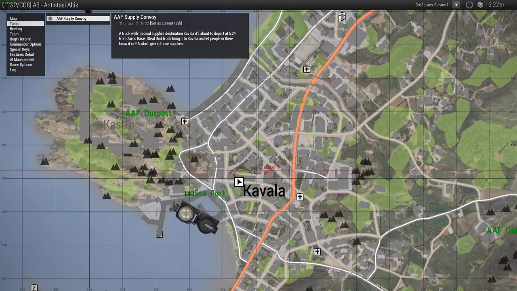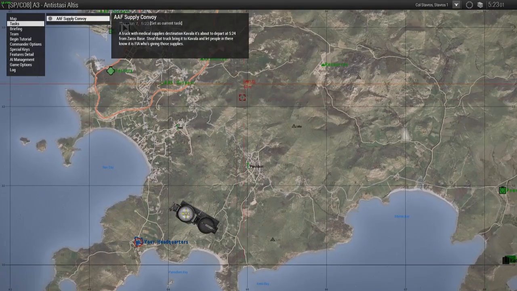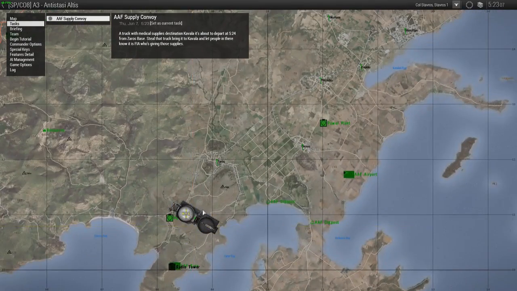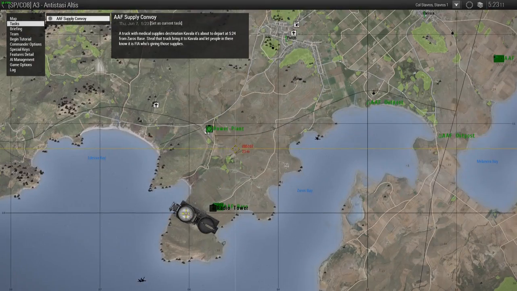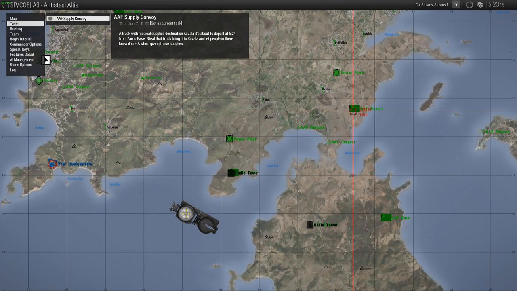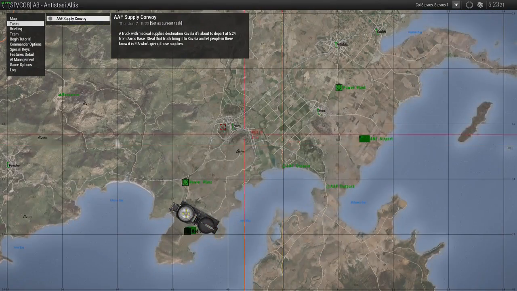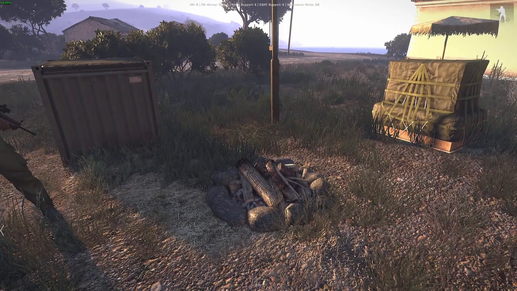Oh, it must be here. No, that's where it's heading. It's heading there. But I'm not quite sure where zero space is. See these? Oh, over here. Must be here then. Must be coming from that base. Either that one, or it could be coming from the airport there, I guess. But yeah, I'm not going to be doing that mission because...